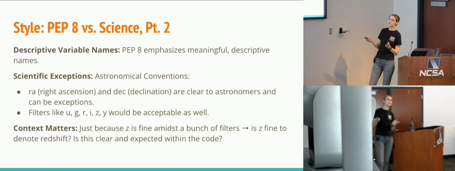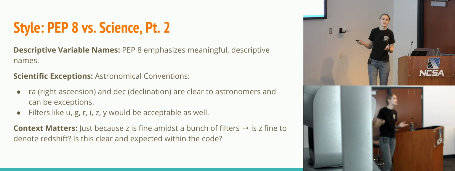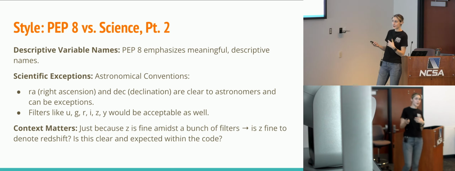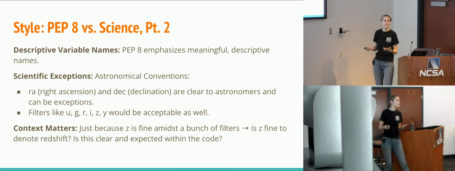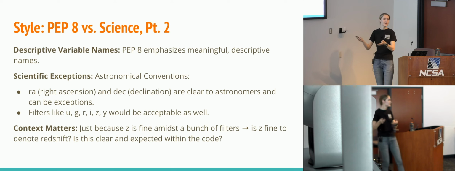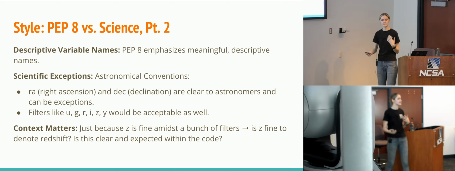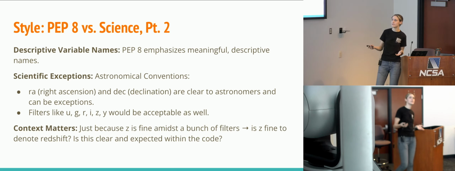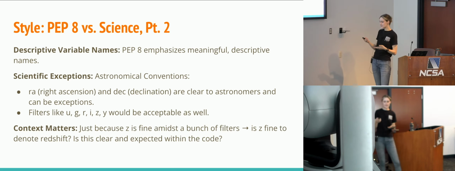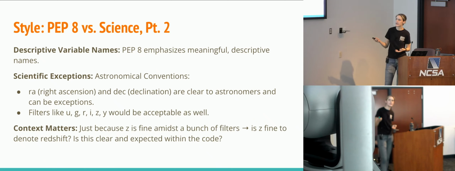This is probably something you maybe haven't even thought of for a non-astronomer. RA and DEC would sort of look that way, but those are totally fine. So keep using them as you would be using them. And then things like ugrizy in the context of filters, yeah, that does make sense. So these sorts of things, if we conceptually think through them, does it make sense, then we can totally use those too. But just because z is fine here in the context of a filter, you do have to think